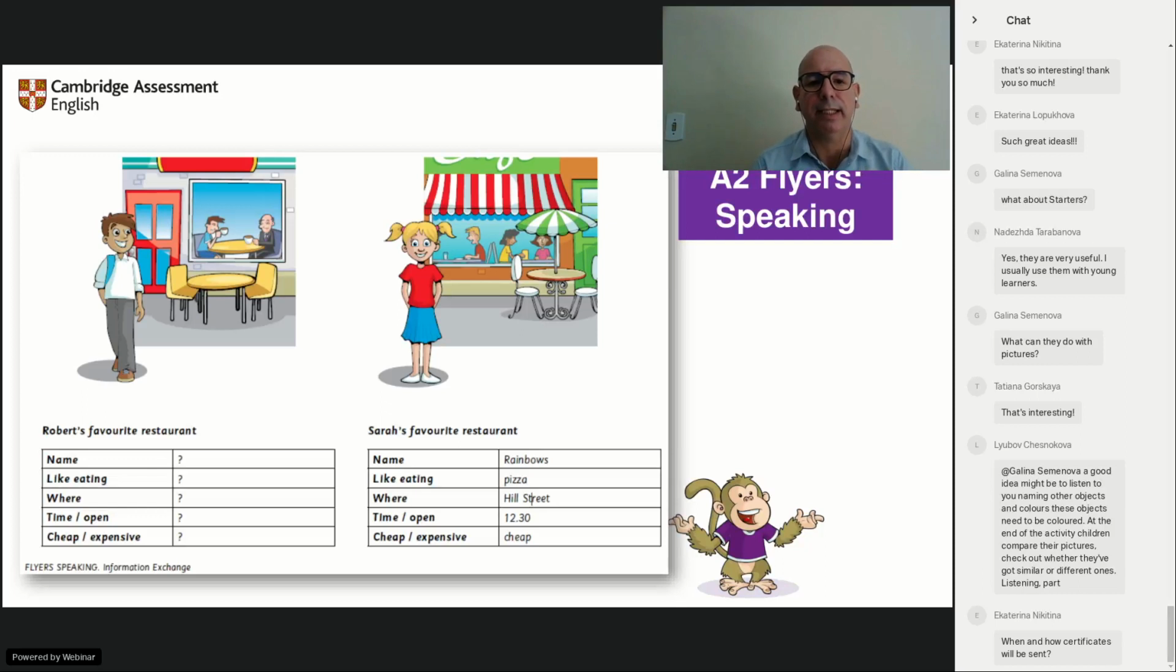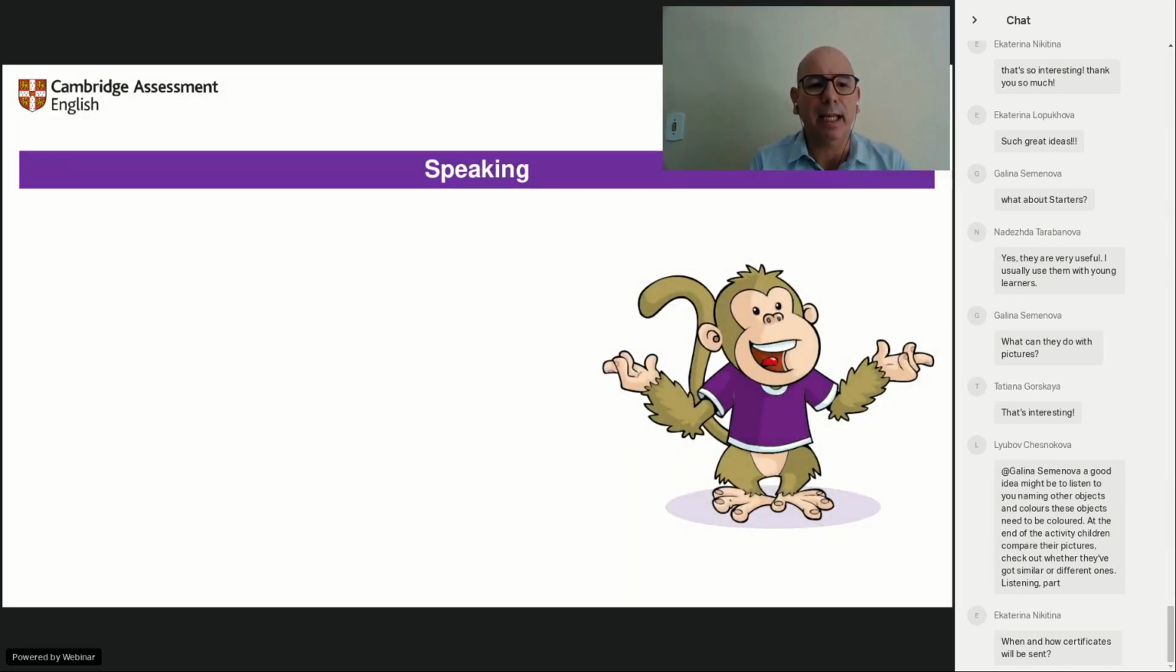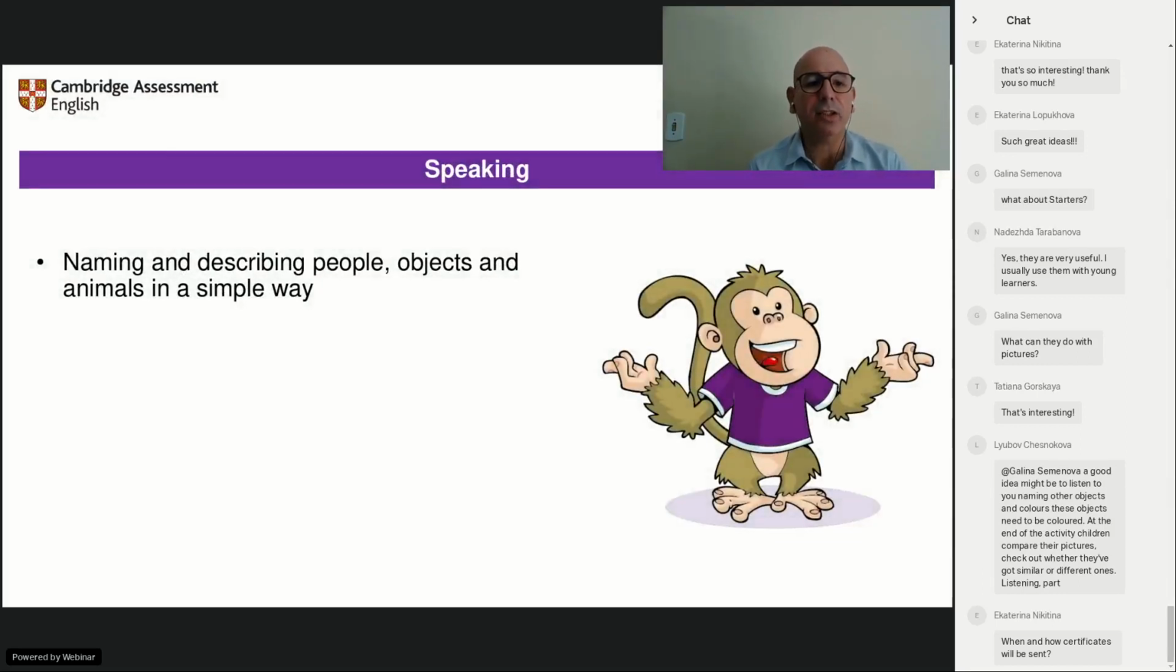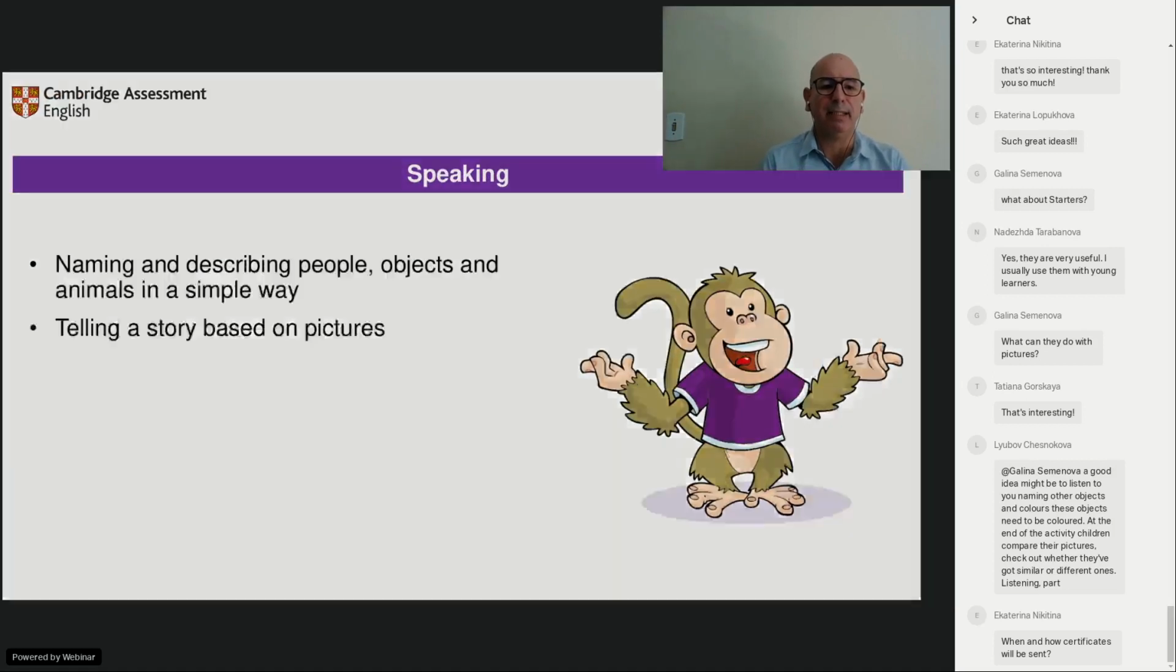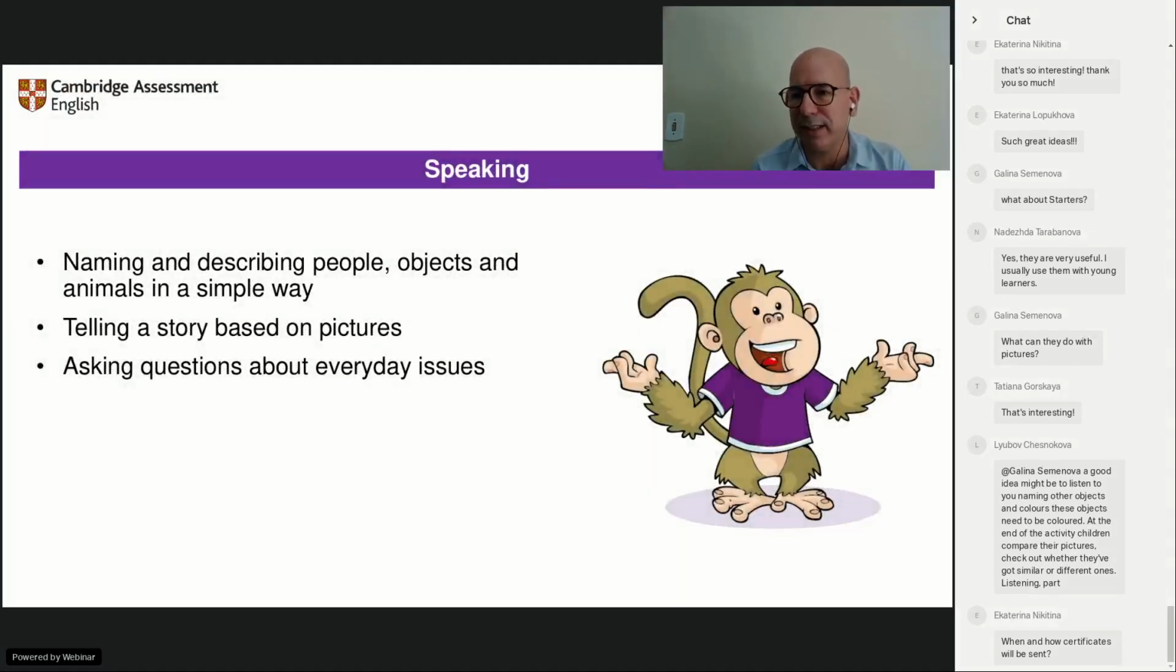Right, so speaking, in a nutshell, involves things like naming and describing people, objects, and animals in a simple way. It involves telling stories based on pictures, so the more you practice in class, the better. It involves asking questions about everyday issues, and asking questions can be quite challenging for learners because depending on the